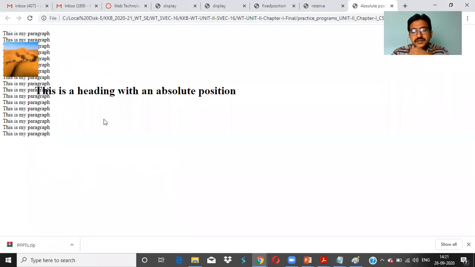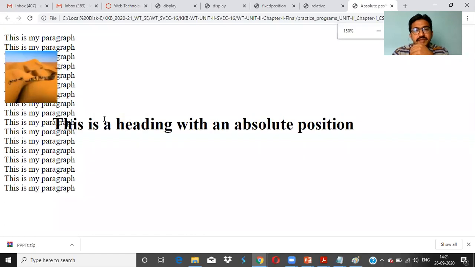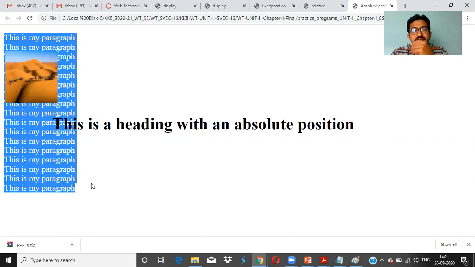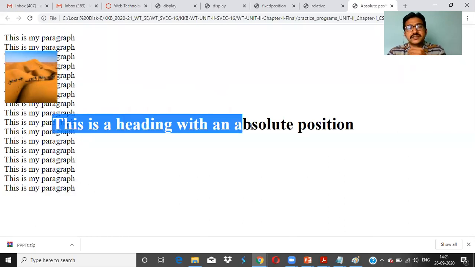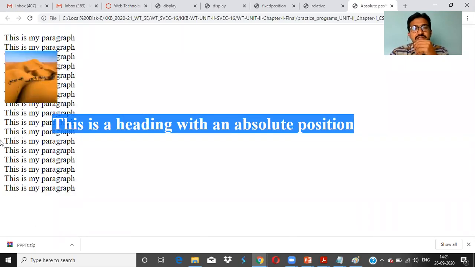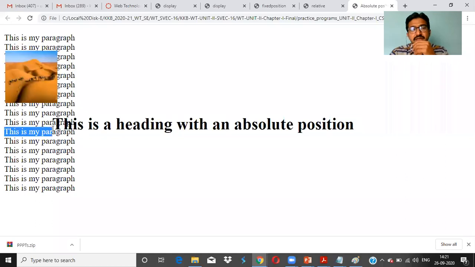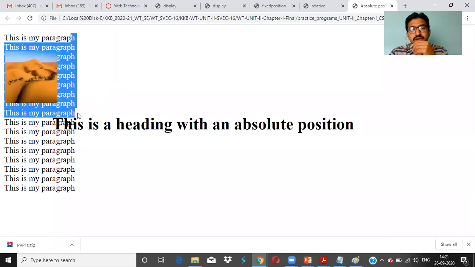See, this is the output. So this is my paragraph, a normal text, and this is the heading absolute. Left is how much? It is 100 pixels. Left means from here, it is 100 pixel from here. Now top is how much? From top, it is 150. But what about the image?